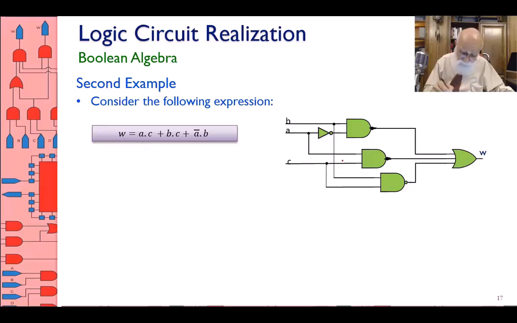Sorry, A and C, which is this third one here. B and C, B and C. This is B and C. This is A and C. This is A bar and B, all ORed together. Okay, that's a circuit. If I want to build this circuit, I have 4 transistors here, 4 transistors here, 4